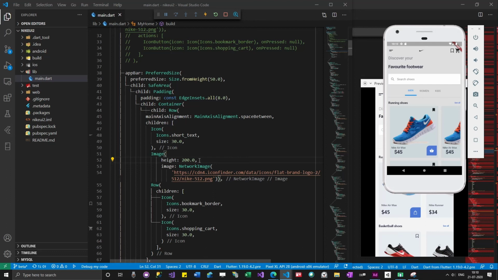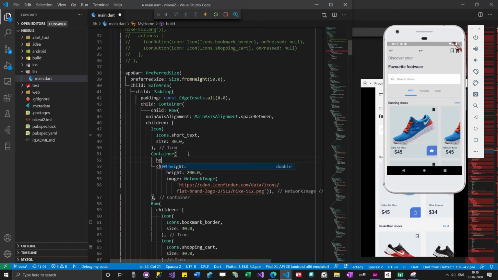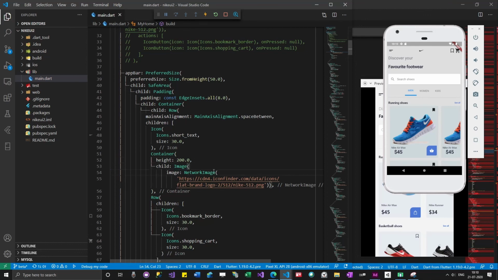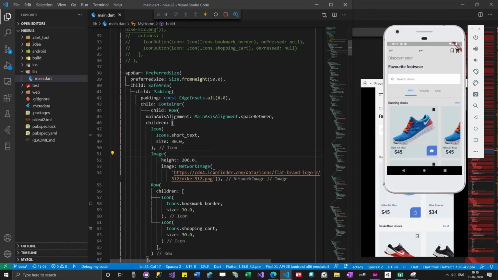I'm trying to increase the size of this image. Let me try to add it inside a container. Let me remove this.